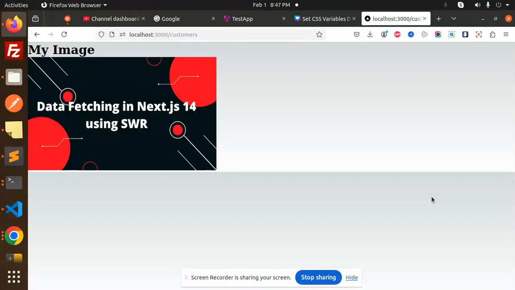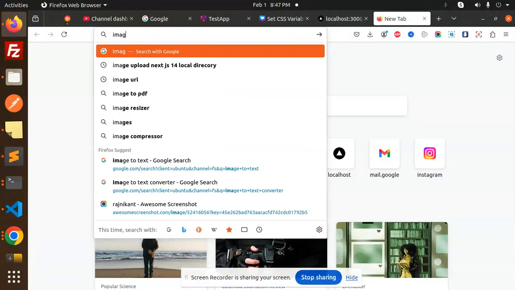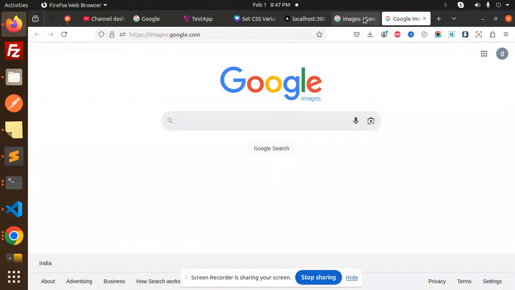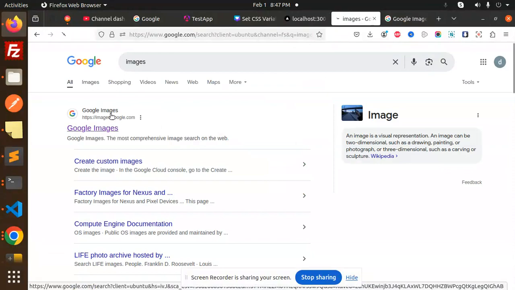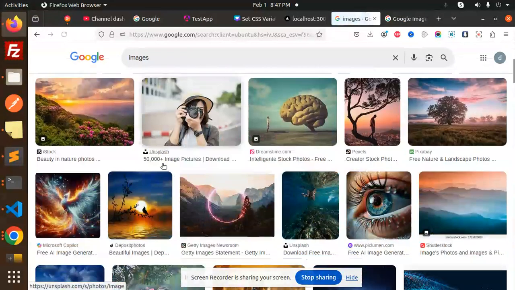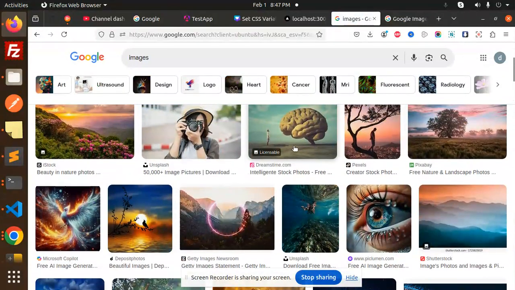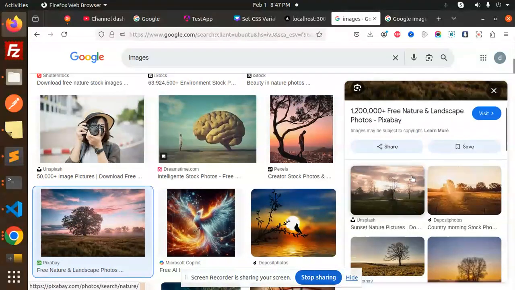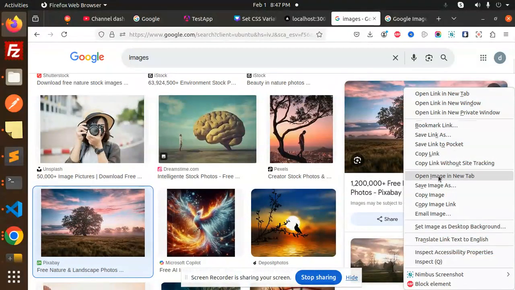Let's get started. A third-party URL can be any URL that is live. So we are going to pick any URL from Google. Here you can see we have Google Images. Any image we can pick, like this one from Pixabay, and let's open this image